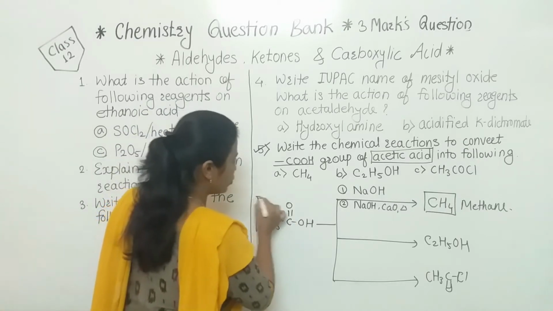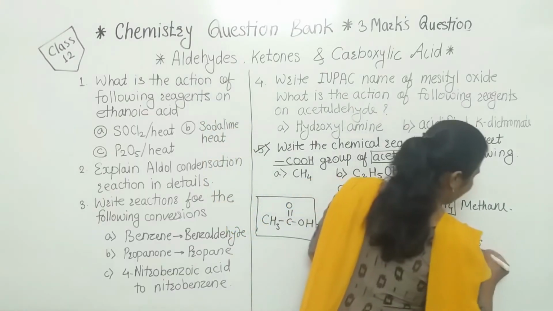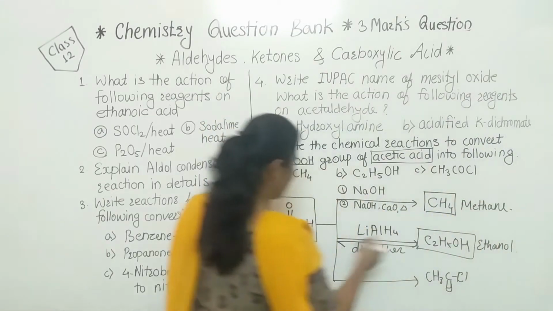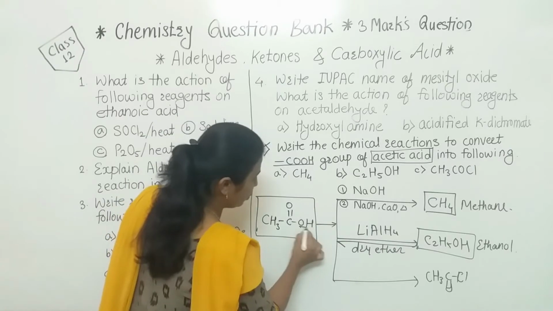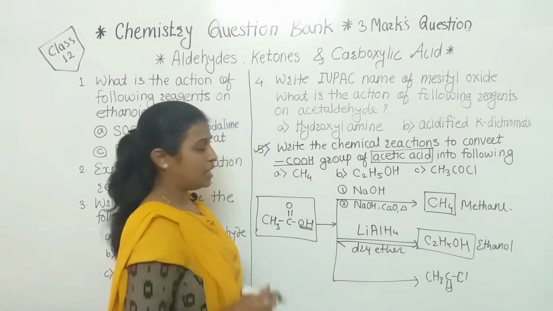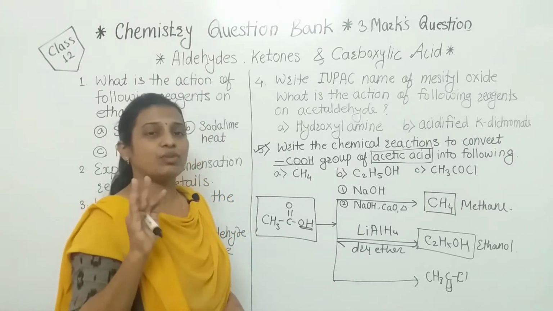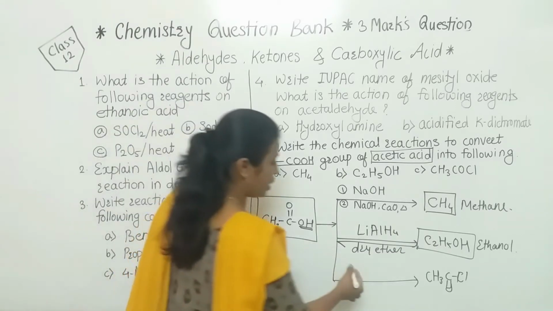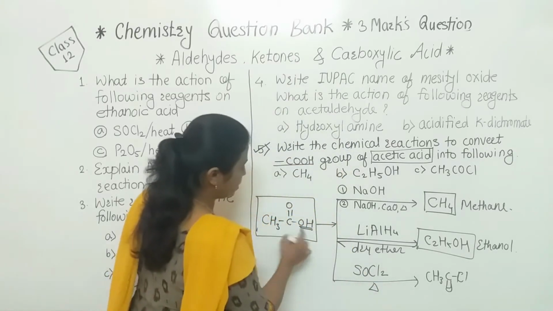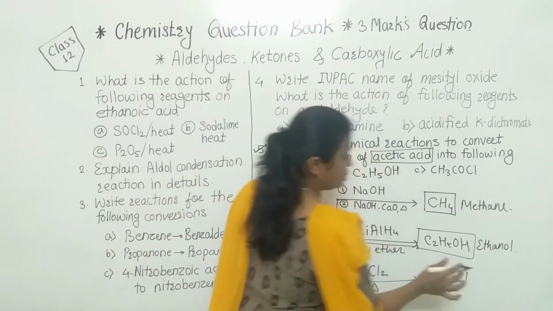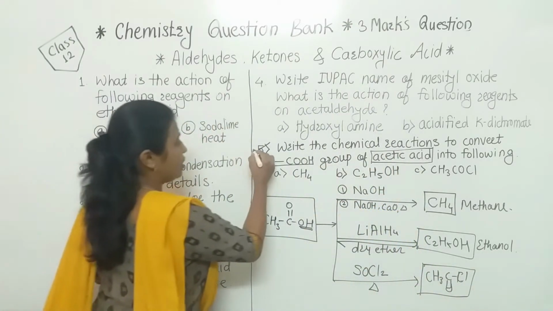Second one, again we have to convert that acetic acid into ethanol. Means here reduction reaction gives the ethanol. And the last reaction, for the first, second mark completed, third mark. We have to replace this OH group by Cl. There are three options. One, we can use PCl3, phosphorus trichloride, as well as we can use PCl5, and third method we can use is thionyl chloride, SOCl2. Then also that COOH group can be converted into COCl, and it is acetyl chloride. So here we have completed our 3 marks question.